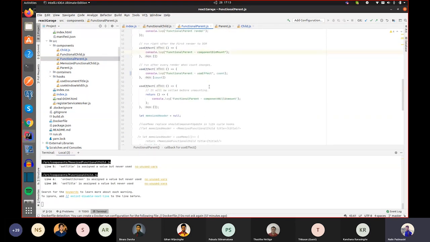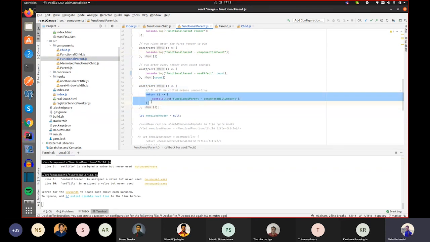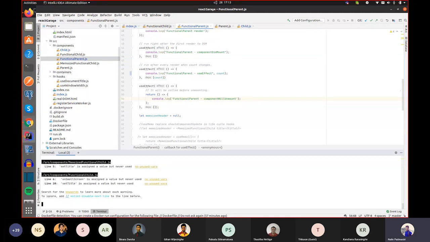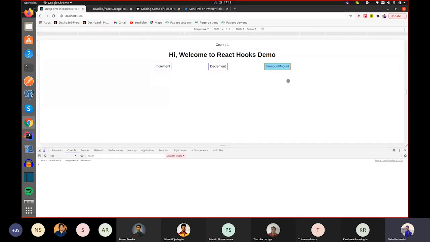Let's see how you can achieve the componentWillUnmount method using useEffect. I have used useEffect like this, with an empty array and a return keyword here, and you can implement your logic there. As earlier, now we shall unmount.